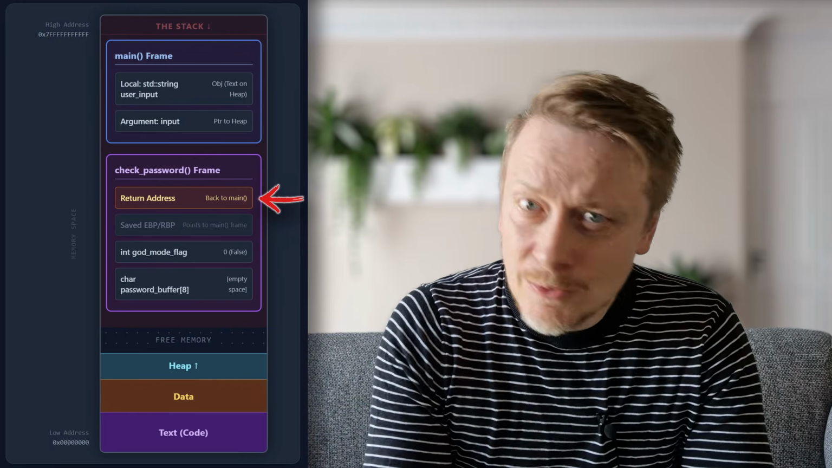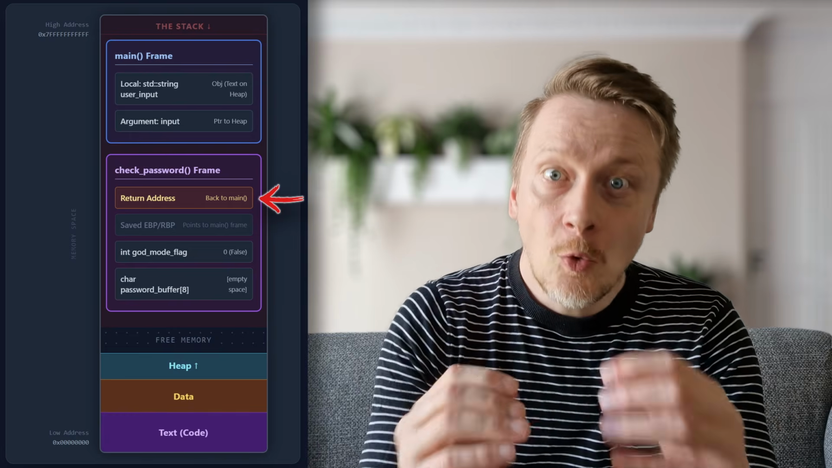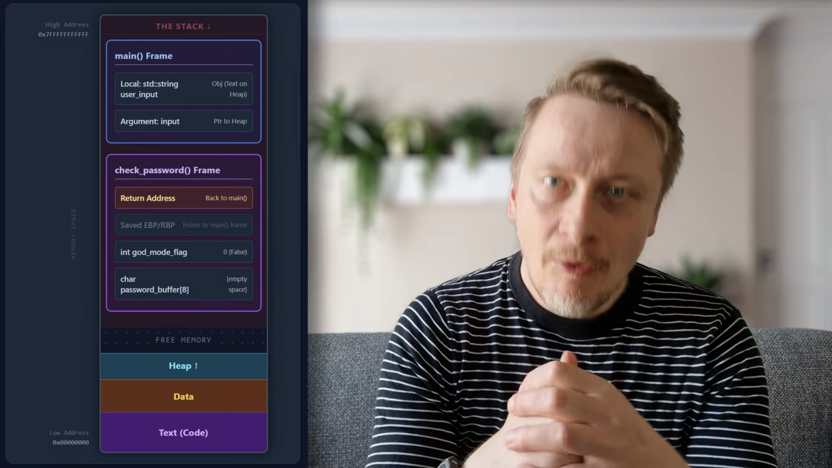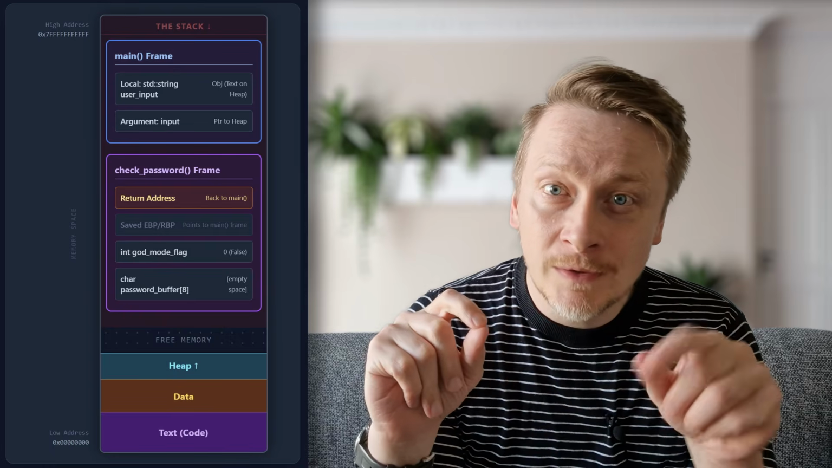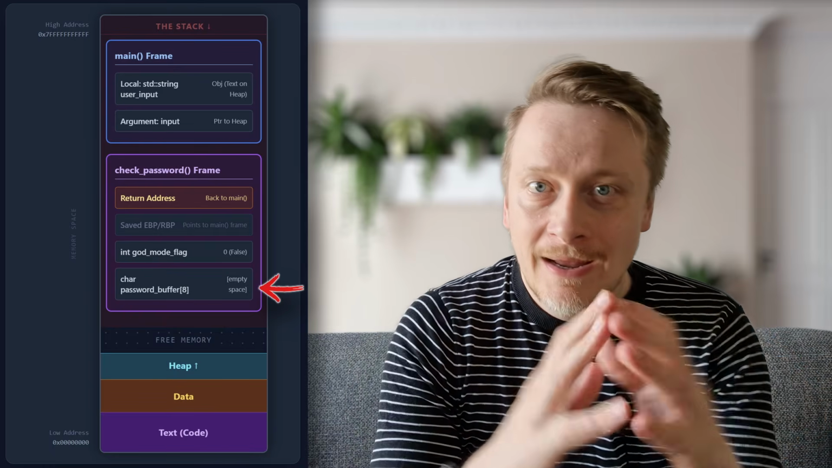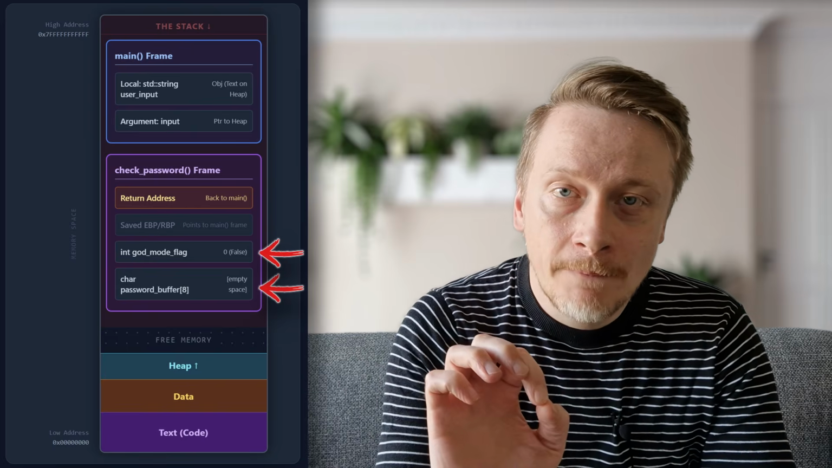This is a precise location telling the computer where to resume execution once the function finishes. Finally, the frame allocates space for local variables. In our example, that includes the old stack frame structure, containing the 8-byte password buffer and the 4-byte God mode flag. All of these components, the arguments, the return address, and our local variables, are crammed together sequentially inside this